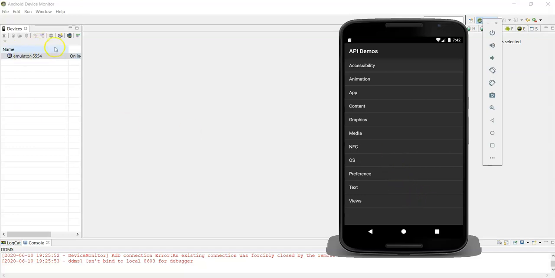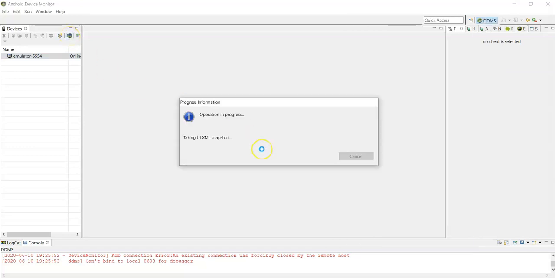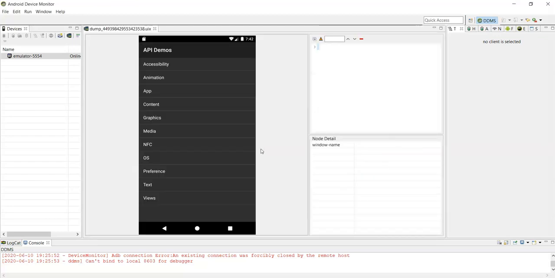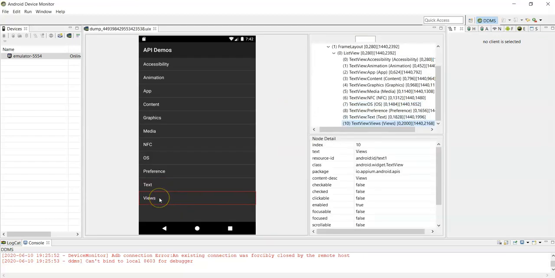Simply click on device screenshot. So this is the device screenshot. That's it. It captures the screenshot of the currently opened page, and then mouse over or click on Views to find the locator for Views.